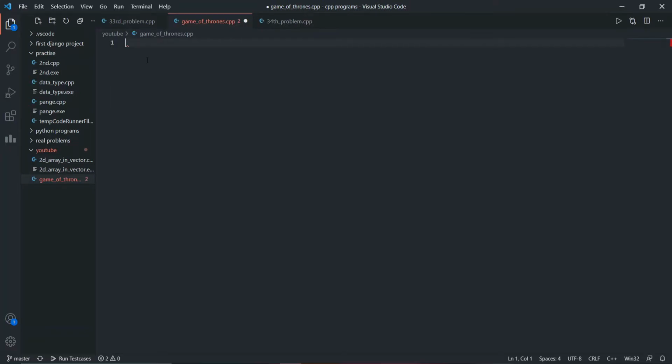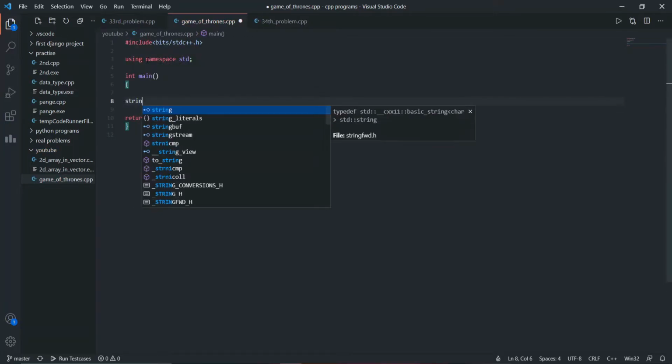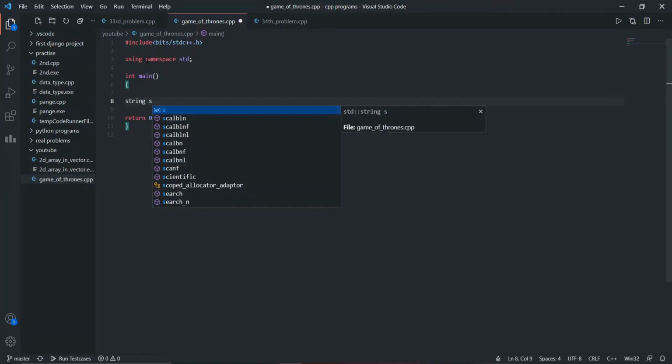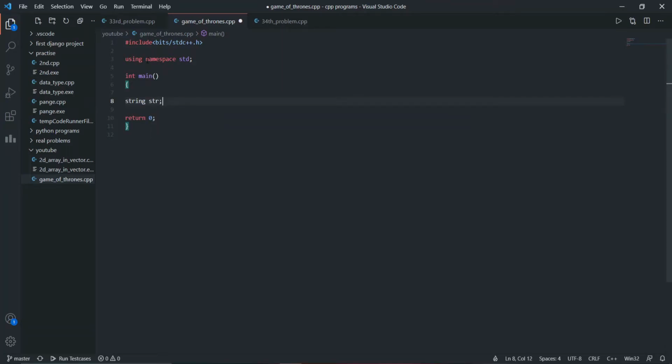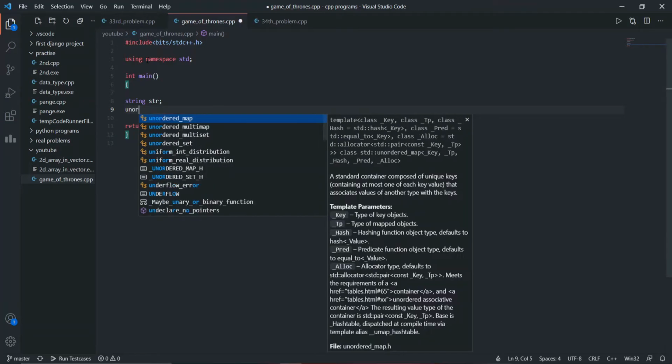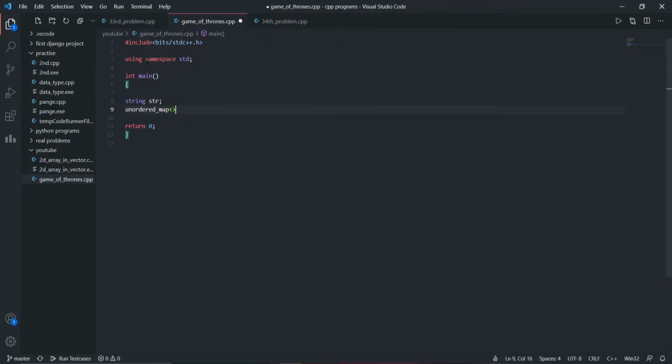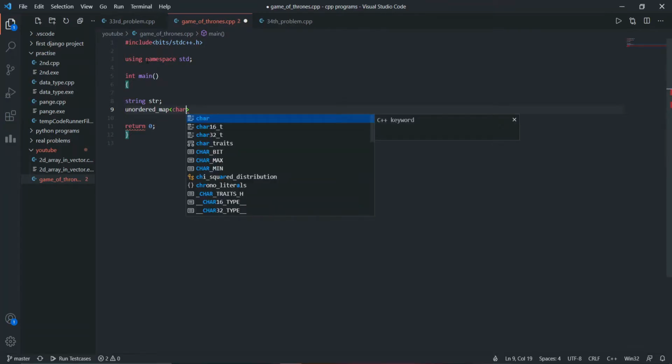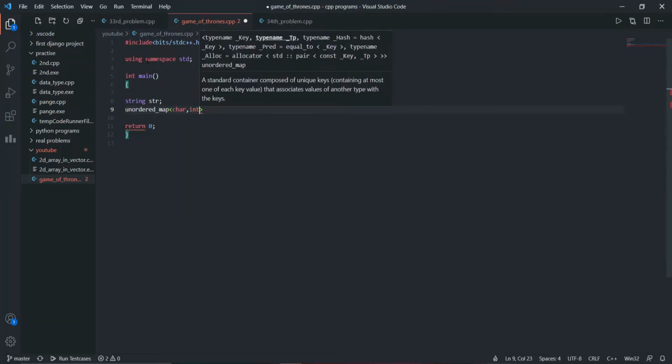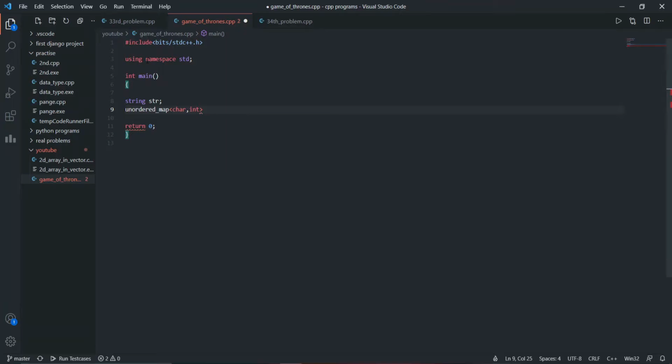First I'm going to use a boilerplate, then I'm going to declare a string type variable named str. Then I'm going to declare an unordered map in which we are going to store a character type value, so char comma int, and we can call it goat for Game of Thrones.